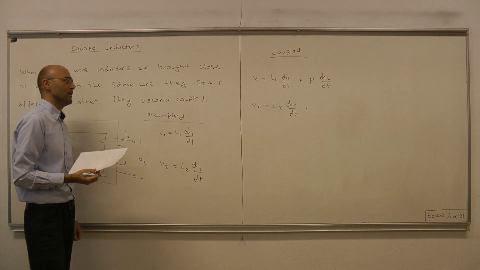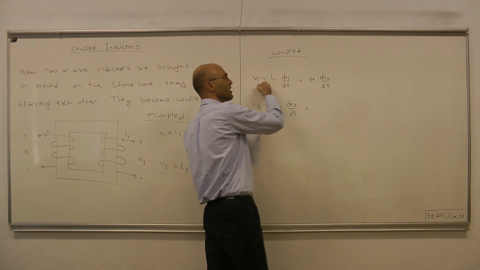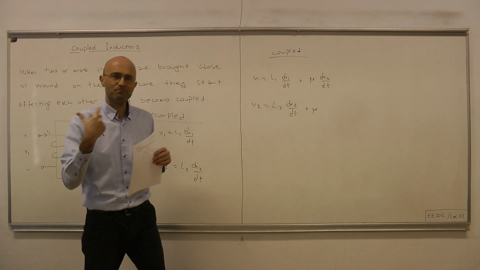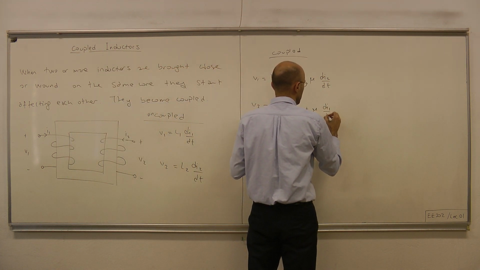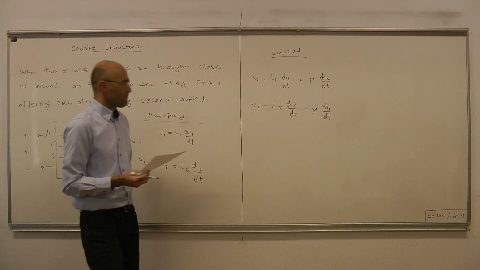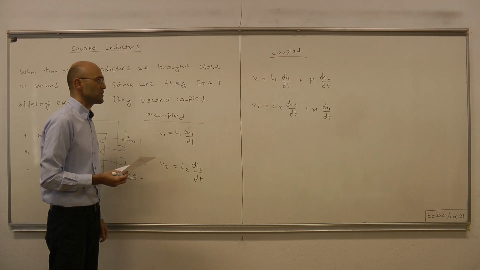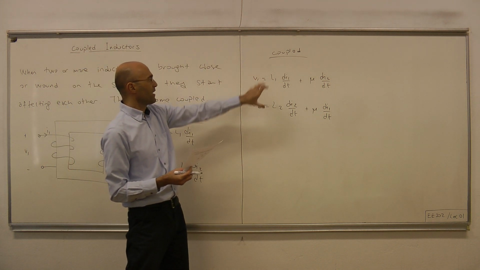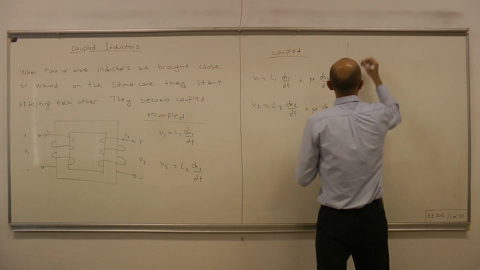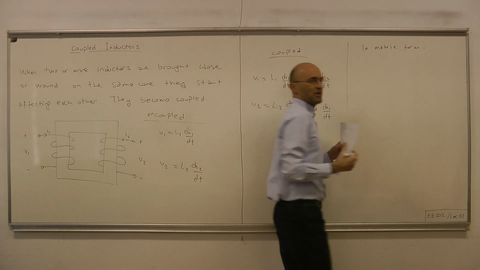One nice thing about the coupling is that it's symmetric, in the sense that here we have mu dI2/dt for the coupling term for the first voltage. For the second voltage, we have the same constant times the rate of change of the first coil's current. In certain situations, it's nice to put these two equations into a single matrix equation. So let's do that. In matrix form, we have: